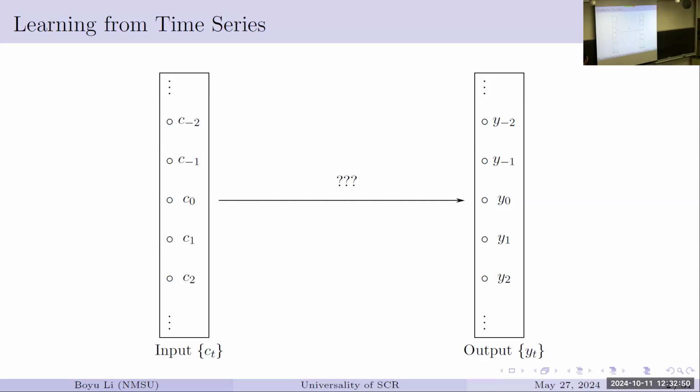There's another idea, which is that I treat all of this as a time series. When you have a time series, the input at time 1 will contribute to the output y1. But also my previous inputs are going to have some impact on the output. So I need to memorize what happens at time 1, and I also need to memorize a little bit of my history. I need to have some memory in this learning.